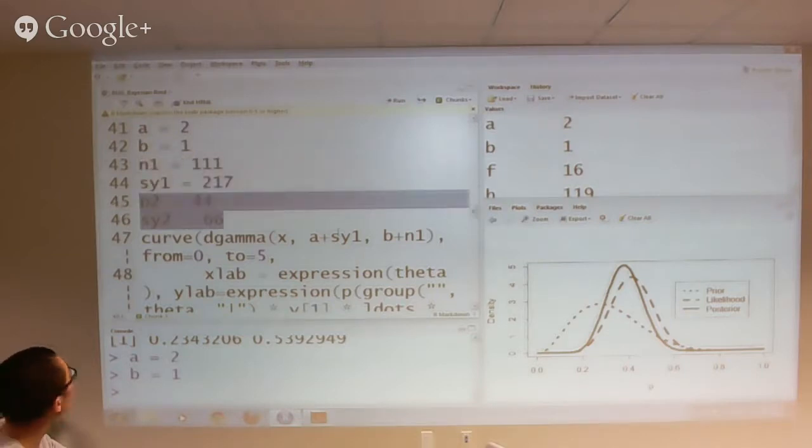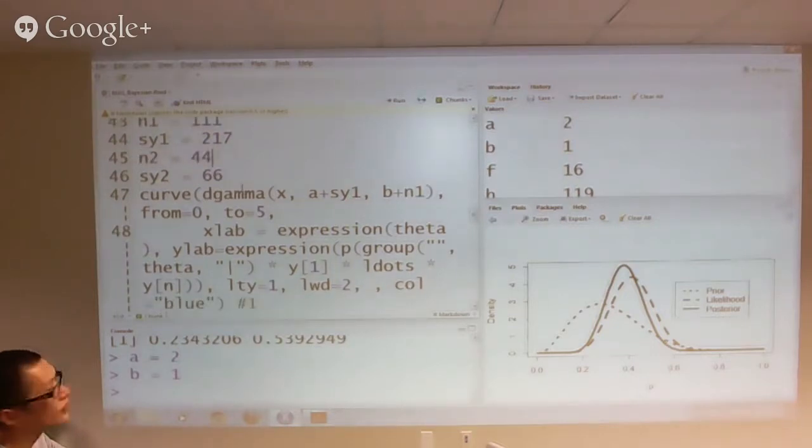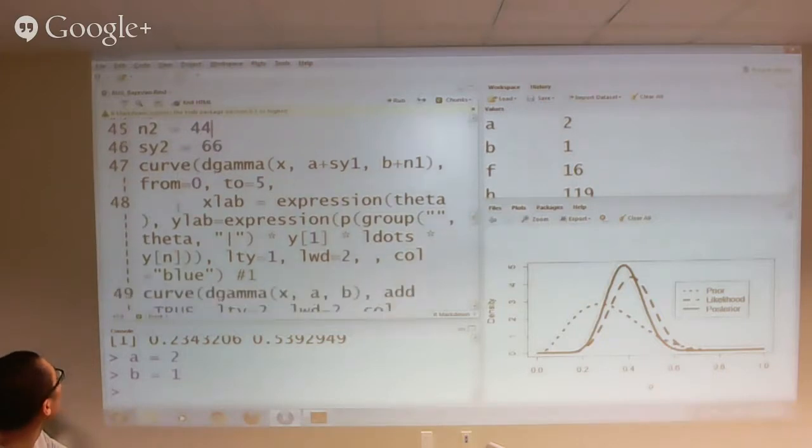And this is the second group: 66 people, and 44 have the high degree, right? Yeah, a bachelor's degree. So the curve we see,